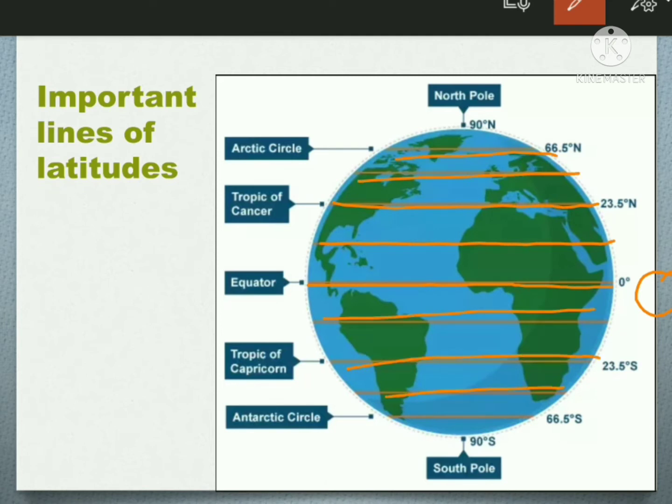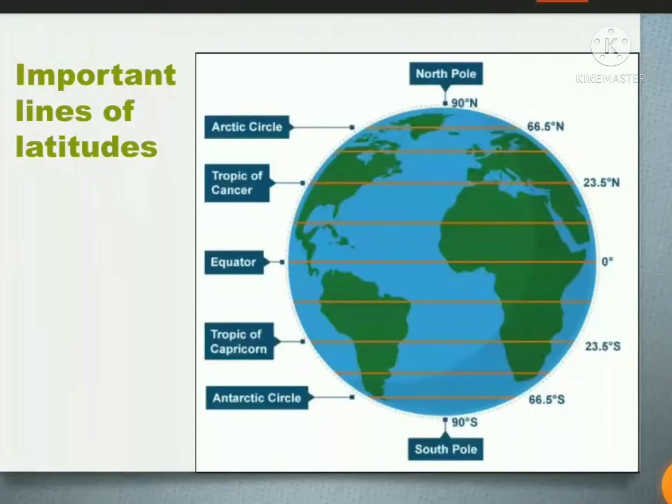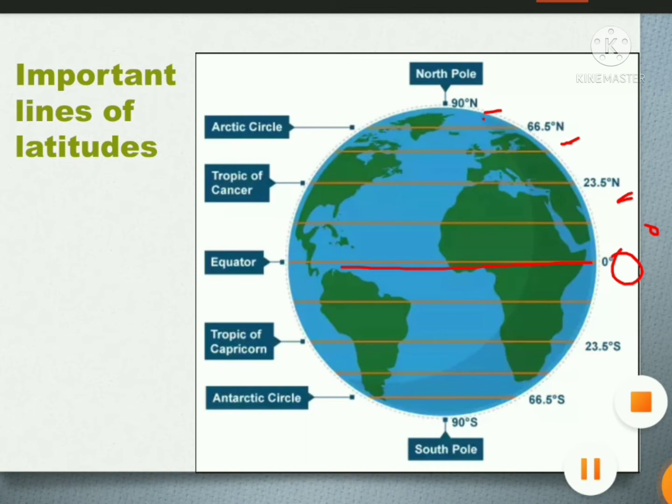They are also measured in degrees. The starting point for measuring the degrees of latitude is the equator, which is at 0 degree. This diagram given here shows that the equator is at 0 degree and the values of all the other latitudes is followed by the letter N, which represents northern hemisphere. In the same way, all the latitudes which are in the southern hemisphere are denoted by the letter S.